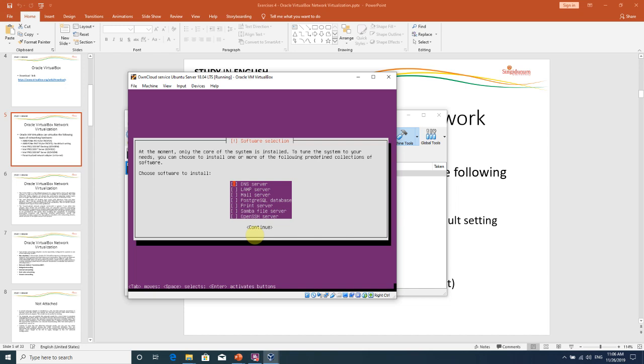And now at this step, it asks us whether we want to install some other services like DNS, like LAMP, like mail server, and so on. We're not going to use this for this final project,